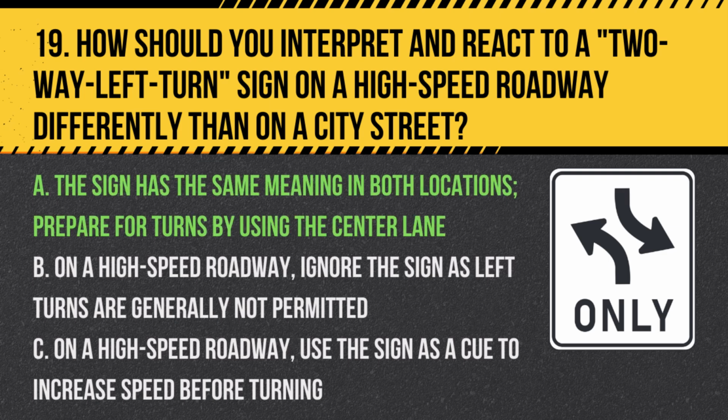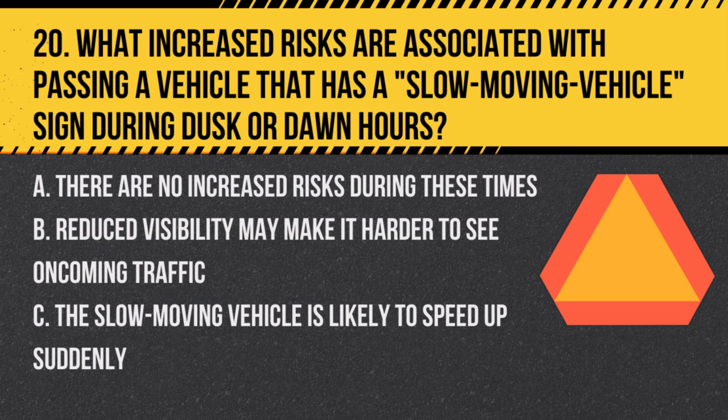Answer: A. The sign has the same meaning in both locations. Prepare for turns by using the center lane. Whether on a high-speed roadway or a city street, a two-way left turn sign indicates a lane designated for left turns by traffic from both directions, and drivers should use it as intended while observing appropriate caution for the road type. Question 20. What increased risks are associated with passing a vehicle that has a slow-moving vehicle sign during dusk